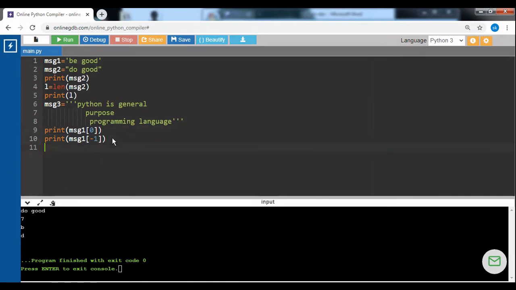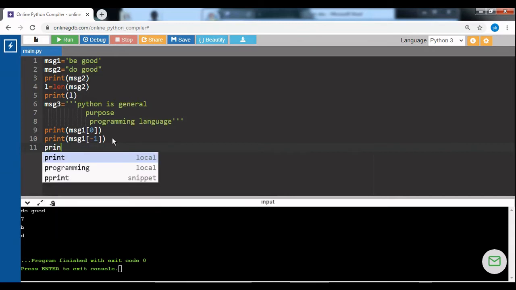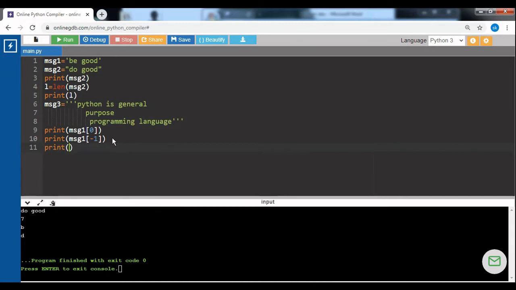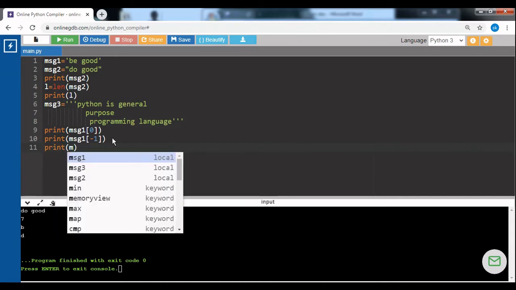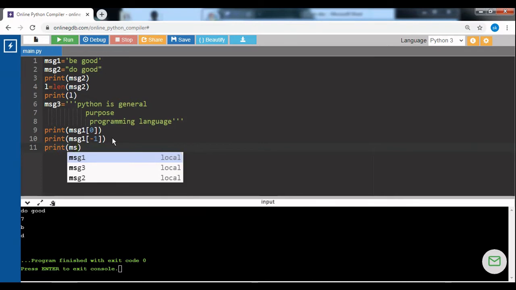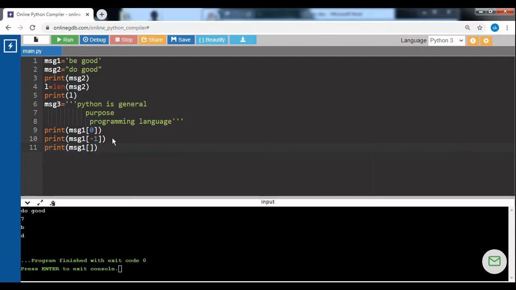Now a specific range of values can be retrieved by specifying the starting index value as well as the ending index value separated with a colon. Okay. So print, the variable I am going to use is message1, and within square brackets I have to specify the range.